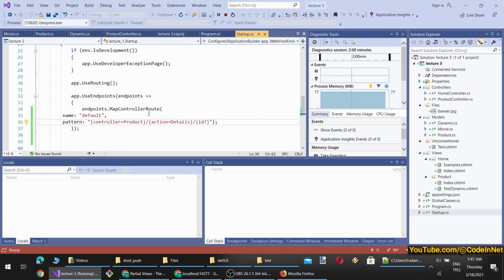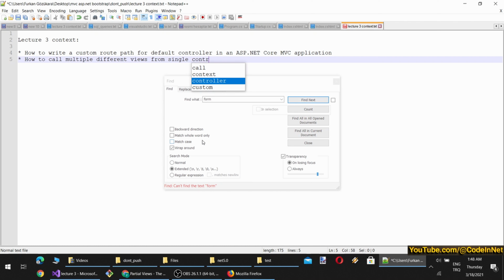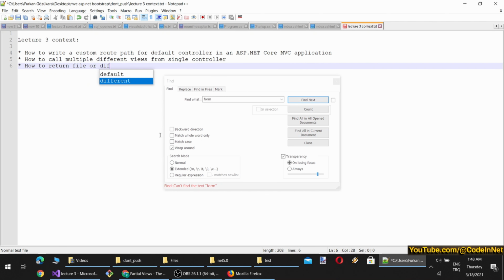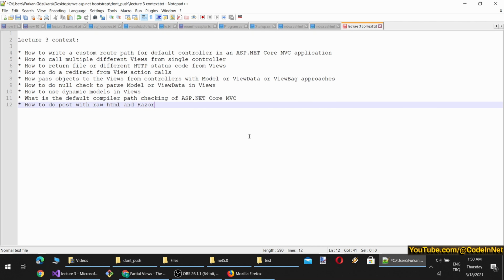Okay, first of all, we have seen how to define controllers, how to define a custom controller and change the default controller in an ASP.NET Core MVC application, single controller file or different files, how to do a redirect with action calls, and Razor syntax in a form post.